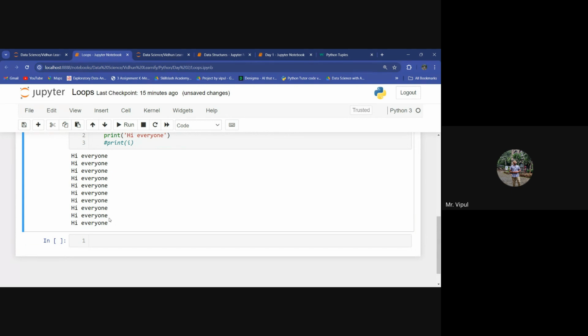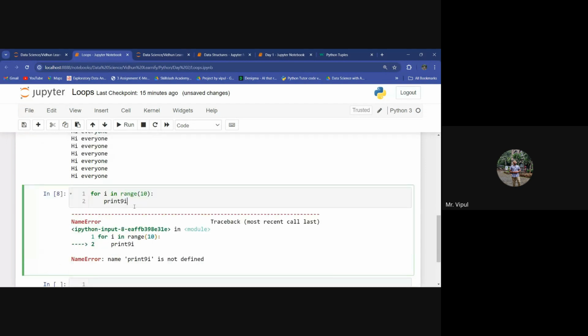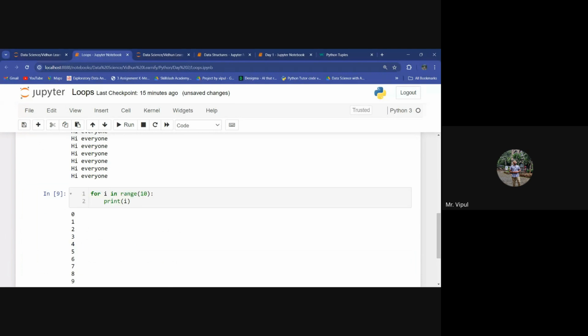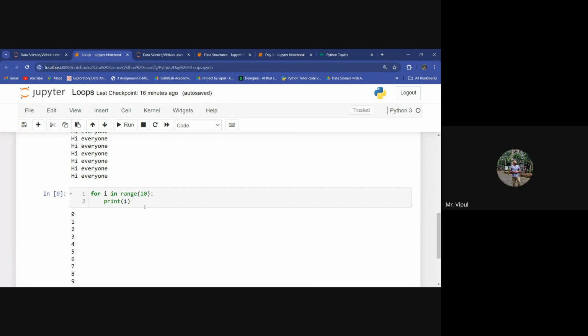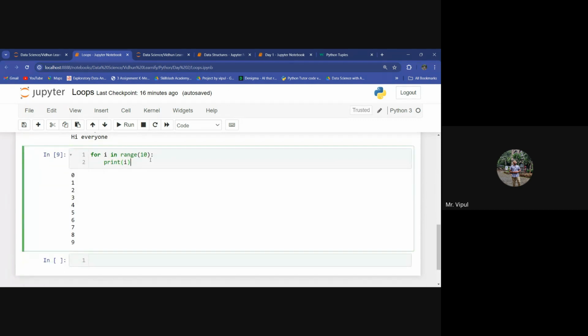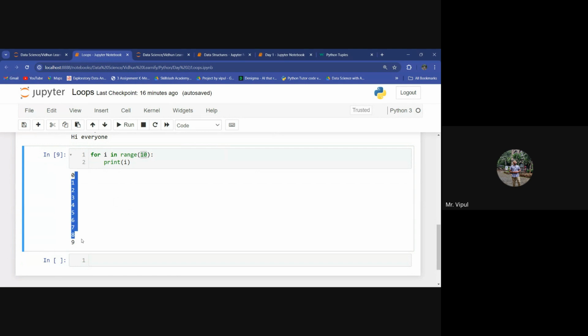Now let's say I write for i in range 10 and print i. Can you see that even though I'm giving range as 10, it is iterating from 0 to less than 10.